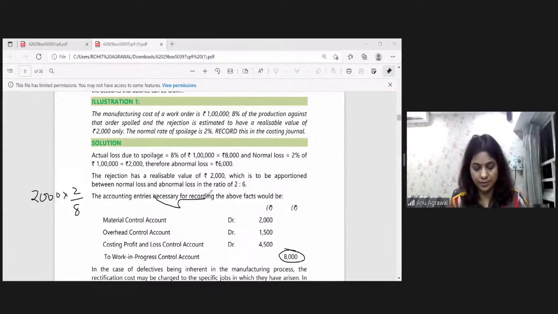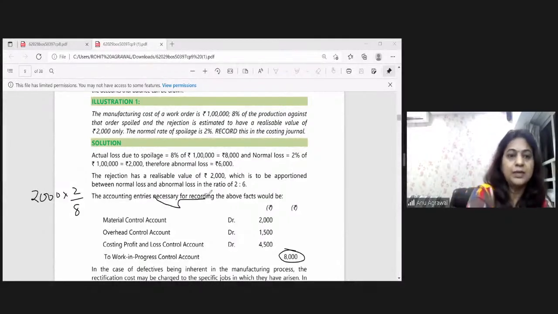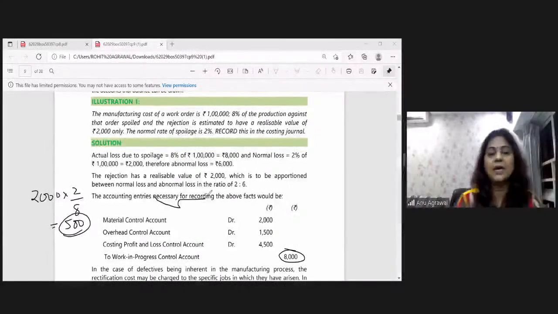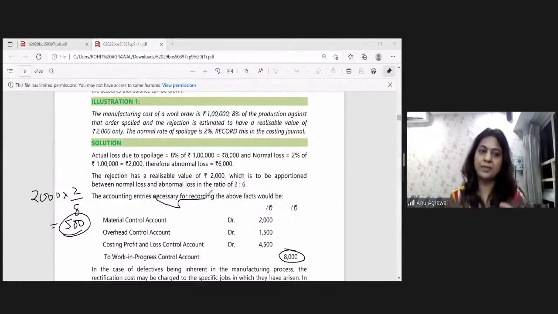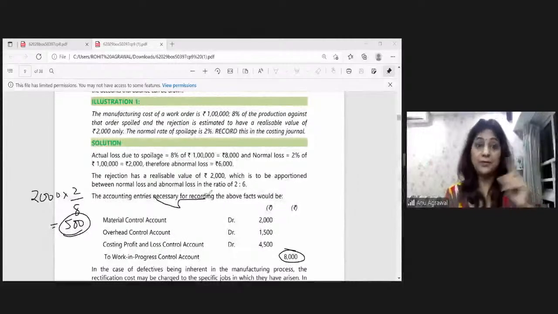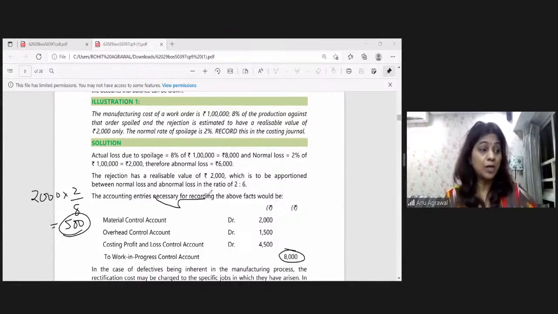Yes or no? Okay, let's try doing it. 2,000 into 2 divided by 8. It comes out to be 500. That means this 500 out of this 2,000, I can take it up. It is acceptable to me, right? But 1,500 is not acceptable to me, right? That's abnormal, right? So that abnormal part should go where? It should go as a part of